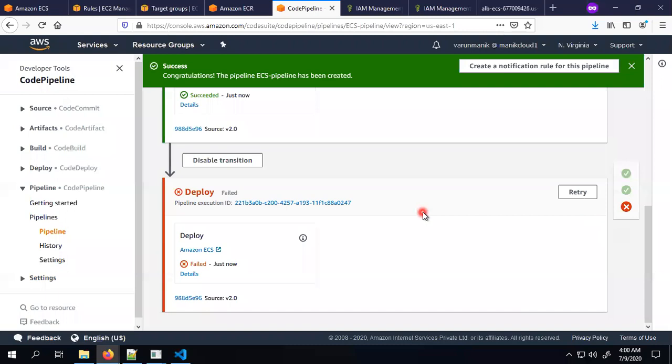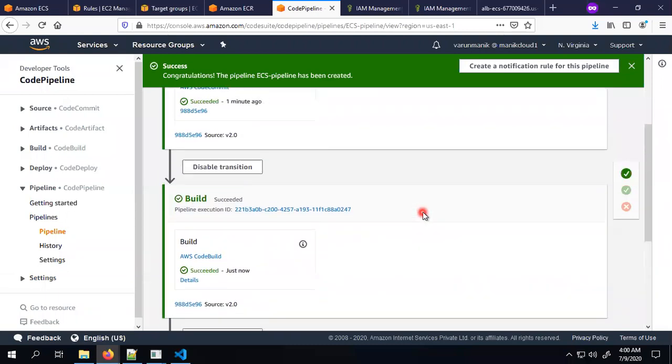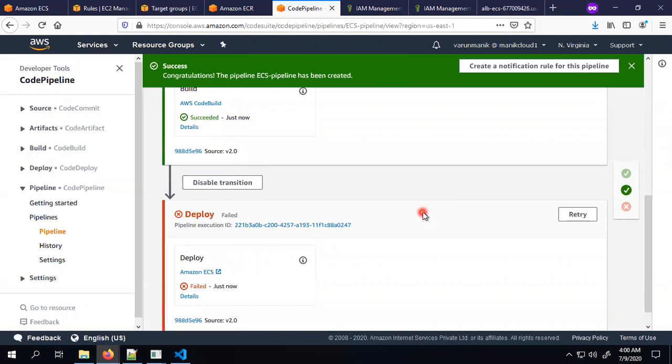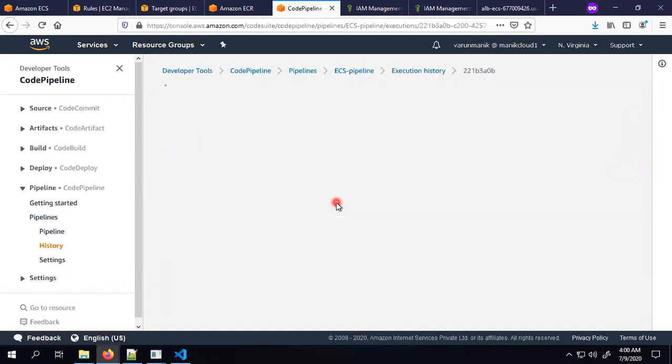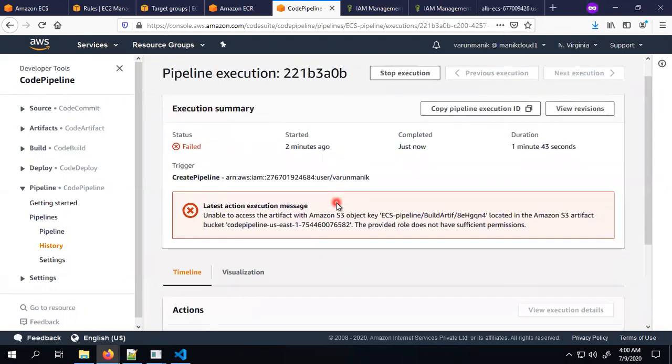So as I said, the first two stages should pass, and in the third stage we're gonna face some issue, right? So let's click on this pipeline execution ID and see what kind of error we are facing right now. It says that we do not have the S3 access. This CodePipeline role, which we created while creating the CodePipeline, does not have access to the bucket, right? So first of all, let's go to the IAM and provide this